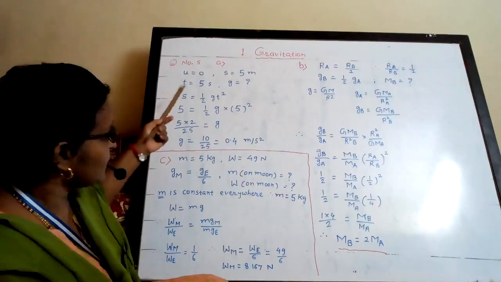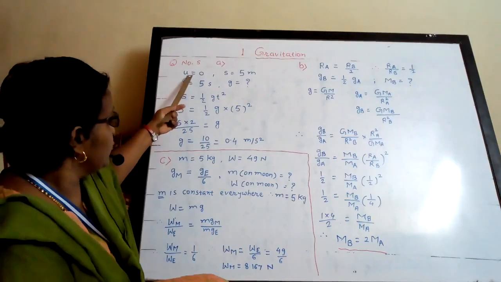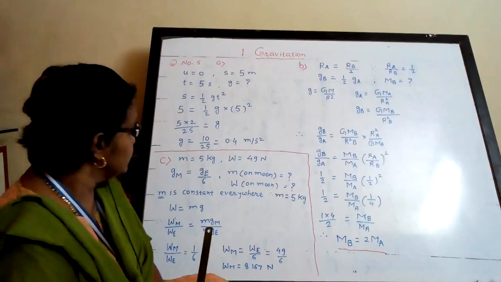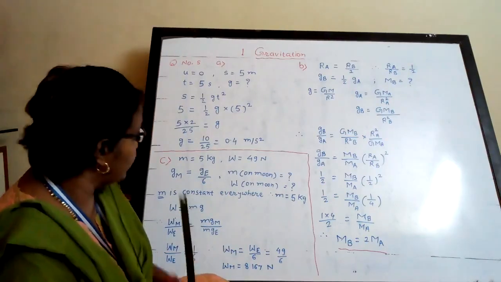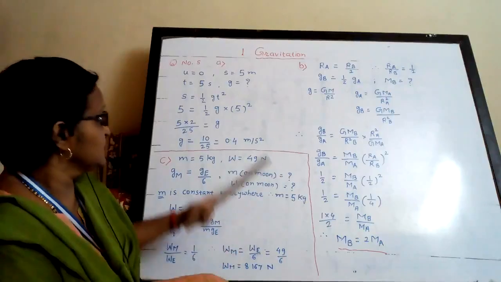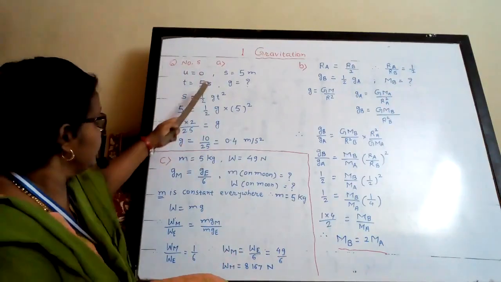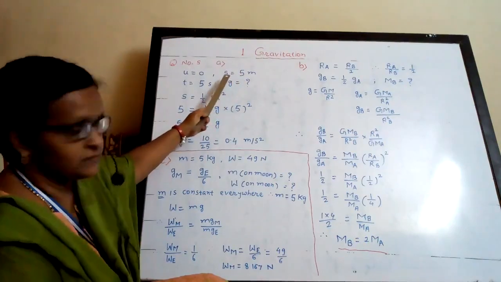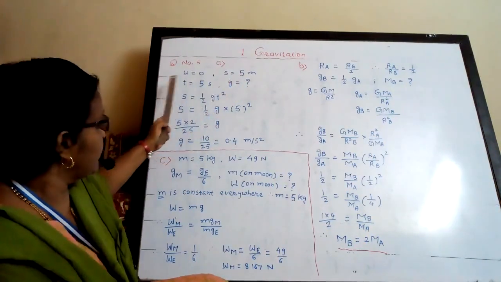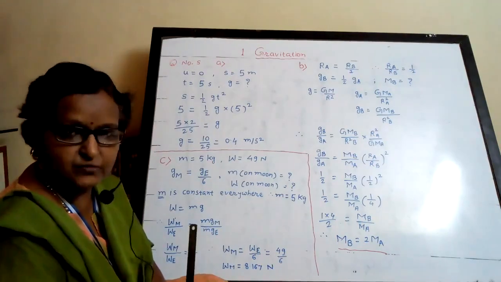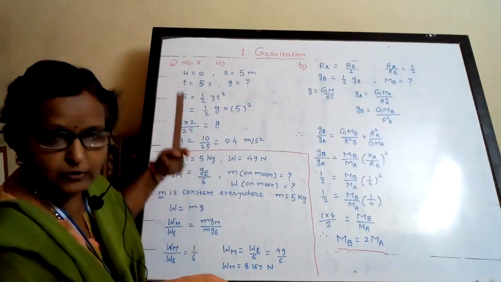We have to write first whatever is given in the problem and what you have to calculate or what is asked there. So depending on that, u is equal to 0. Its initial velocity is equal to 0. What is time required for that? 5 seconds time it takes. Time is given 5 seconds. Distance is given 5 meter. S is distance that we know. So we have to use this formula. S is equal to half gt square. We have seen u is equal to 0.